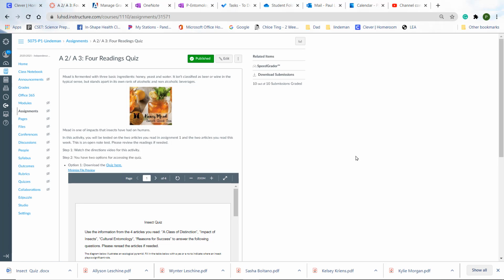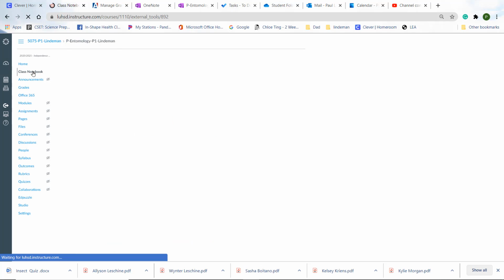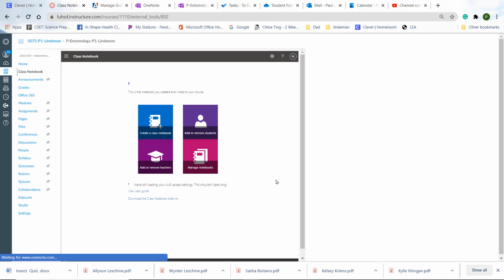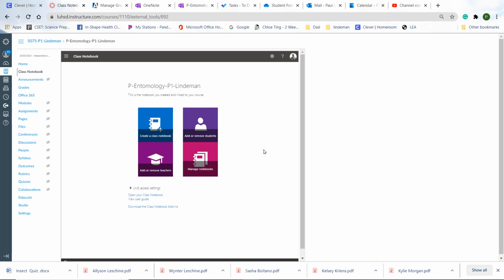So how do you get to it in your Class Notebook? You go up to Class Notebook here. Here you'll probably get a page instead of this one. You'll get a page that says, do you want to access this online or in your browser or on your desktop? And you pick the browser version. You want to go in through your browser. So click on your browser. And once you do that,